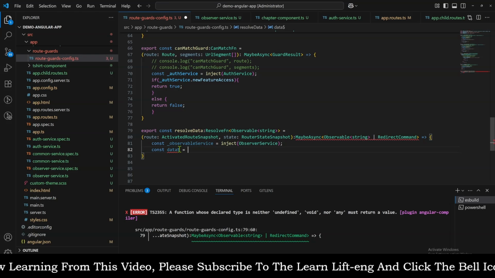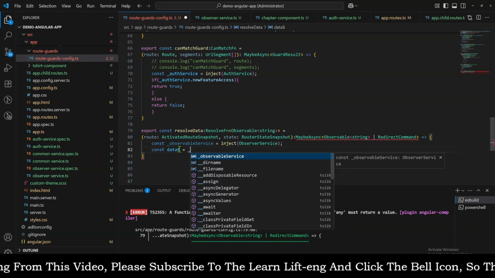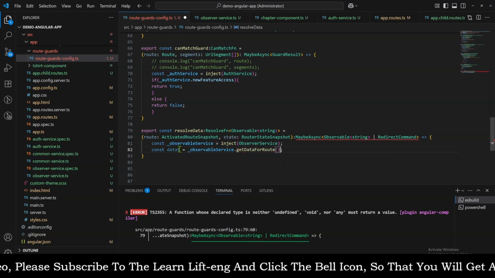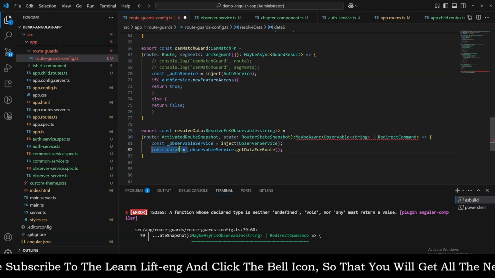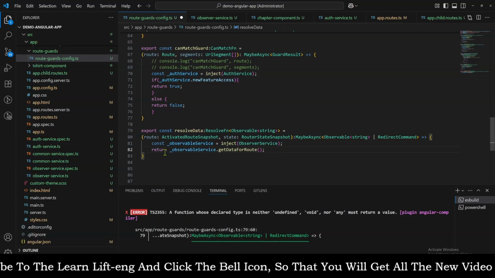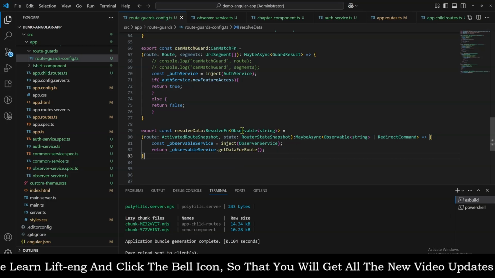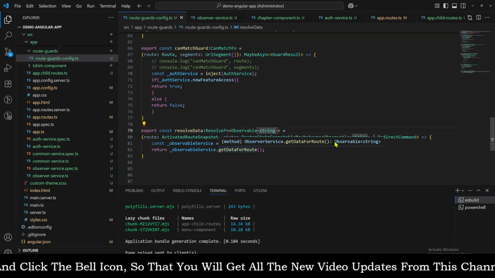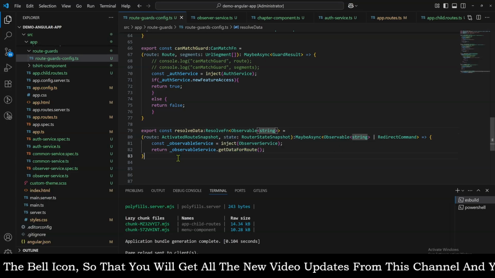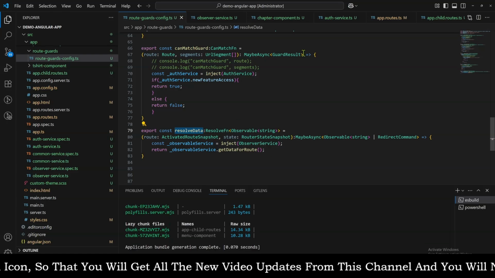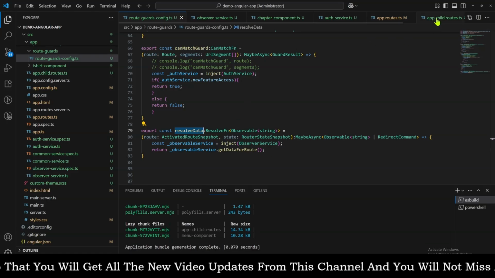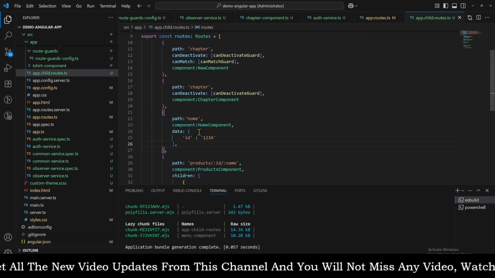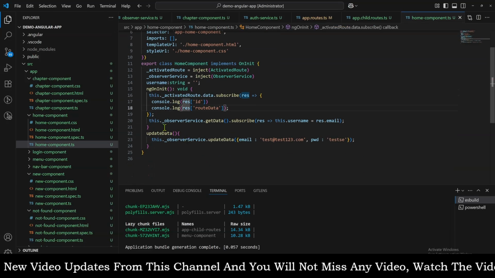Now let me take the data$ equals observableService.getDataForRoot, correct? Or maybe I can directly return this data itself. So now we are returning the observable of string from this particular method. As you can see, the return type of this method is also observable of string. So let's copy this resolveData function and go to the home component, because inside the home component we are subscribed to the